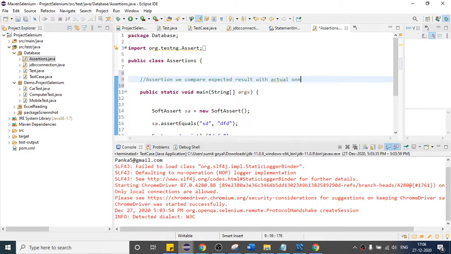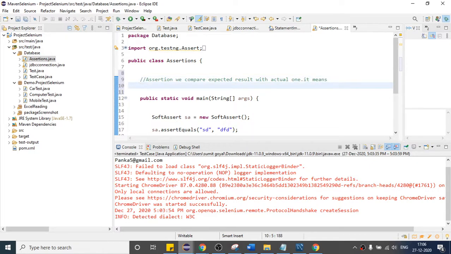So basically it means we are doing one verification to check if our application is working correctly or not.